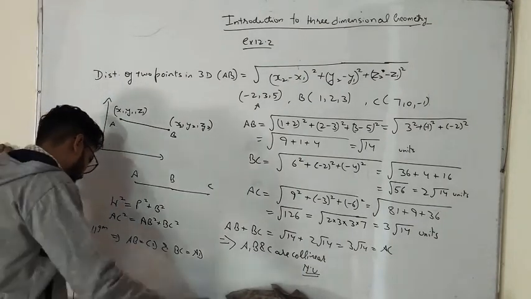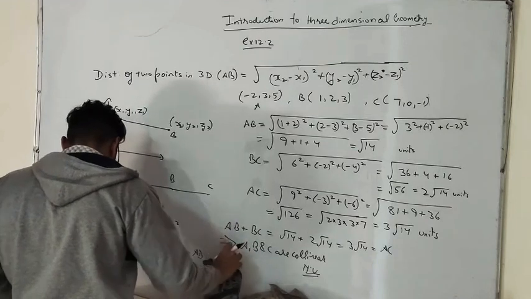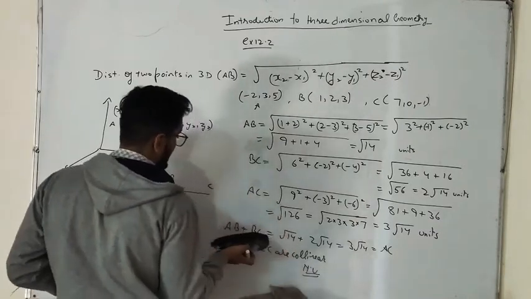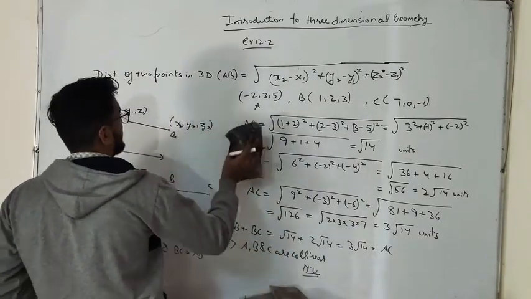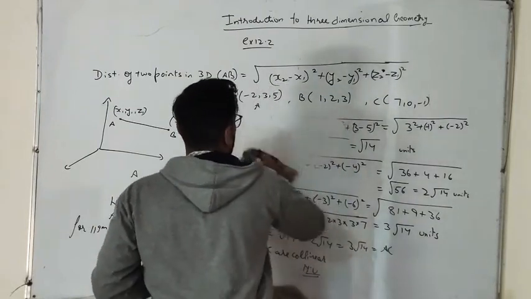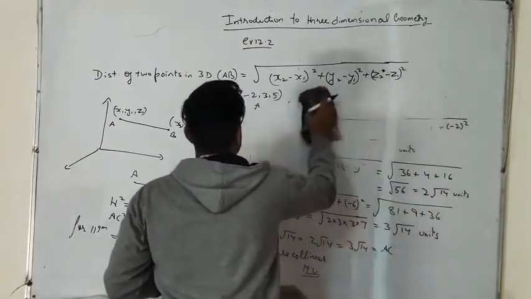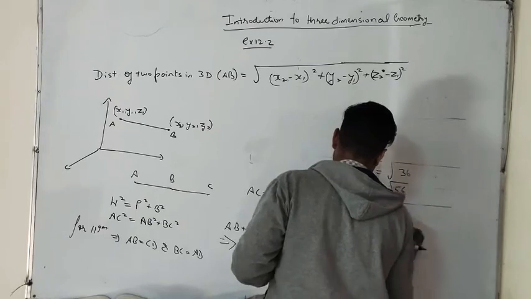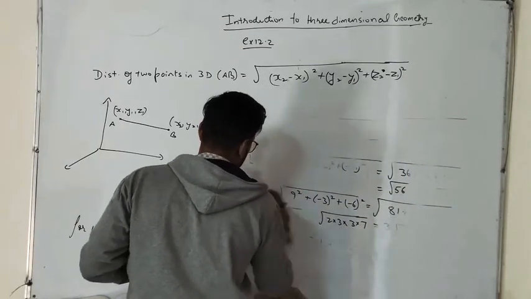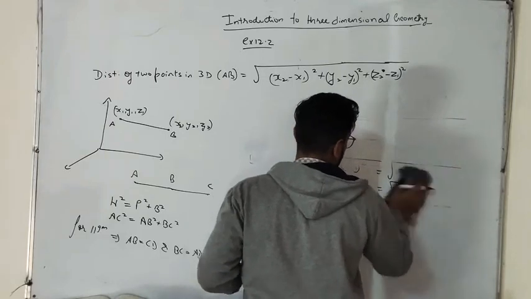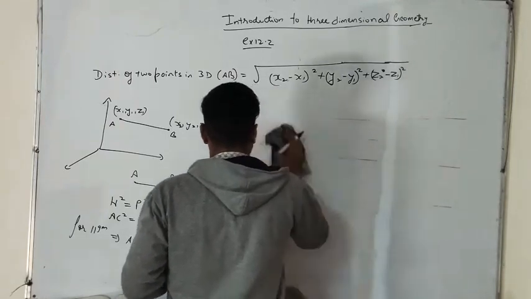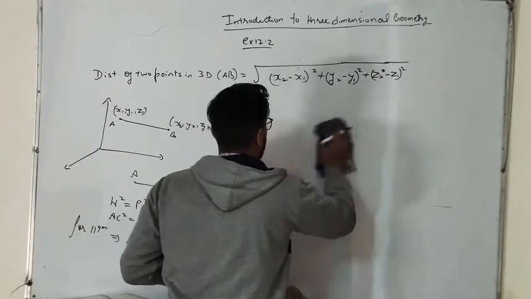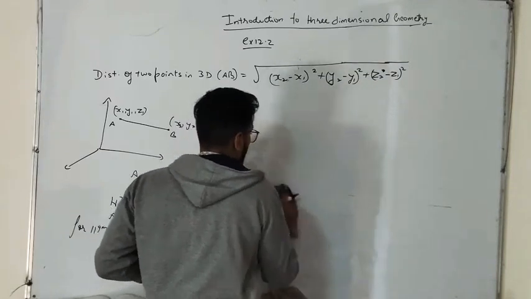Next, question number 4. Find the equation of set of points which are equidistant from the points. So let me rub this first. So equation of such points. Let us consider the point to be x, y, z, right? This sort of question we have already done in 10th standard, but that was only in 2 dimensions. But here we will do it in 3 dimensions. So let us suppose the point to be x comma y comma z.